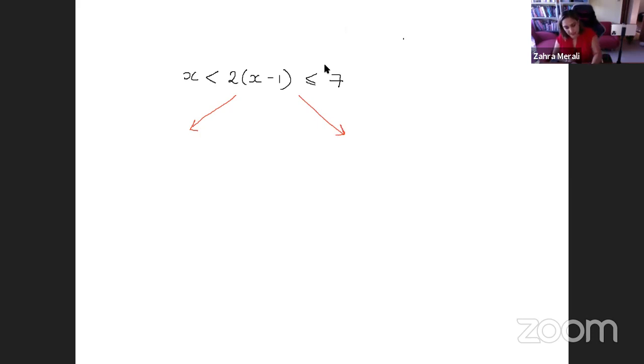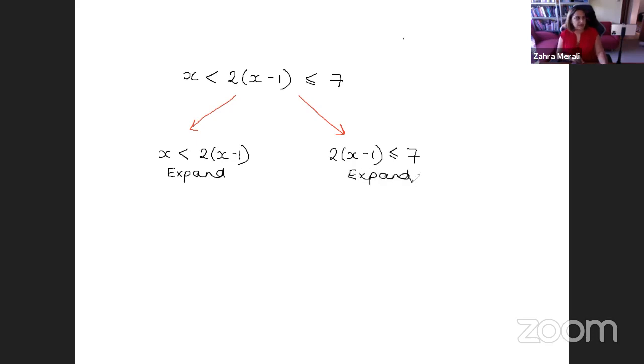So if we take the left-hand side first, we're going to have x is less than 2x minus 1. And on the right-hand side, we've got 2x minus 1. Oh, sorry, I've put an extra x in. So we've got 2x minus 1 is less than or equal to 7. So step 1, I'm going to expand. So when I expand out, let's do one at a time. So we're going to do the left-hand side first. I'll get x is greater than 2x, 2 times x, and then 2 times minus 1 to give us minus